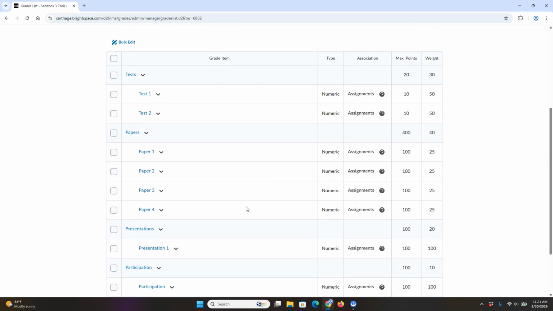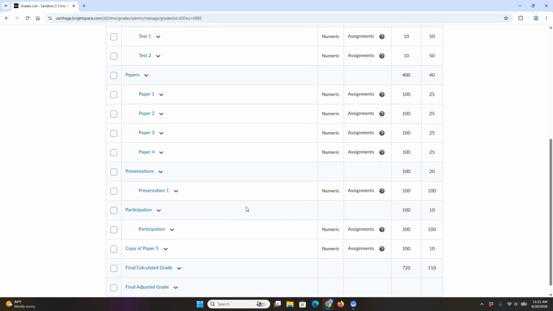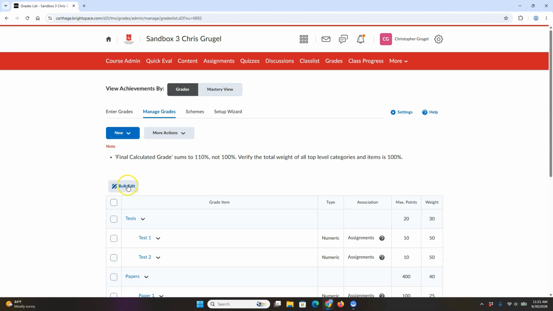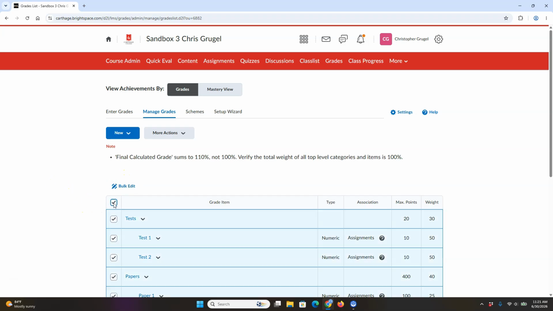And if I scroll down through everything here, I see I have this assignment just hanging out. It's not in a category. It's basically like an item hanging outside of all the categories by itself. I could click on that down arrow again and go to edit, or I could go to bulk edit up here. I could put a check mark in that box, bulk edit,